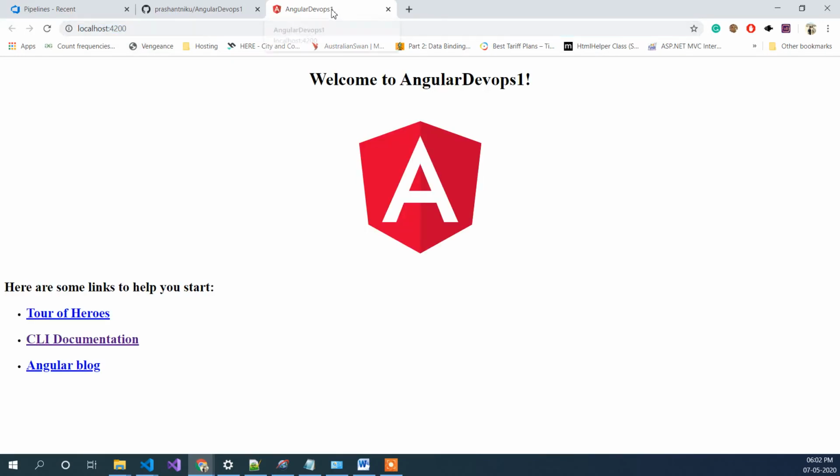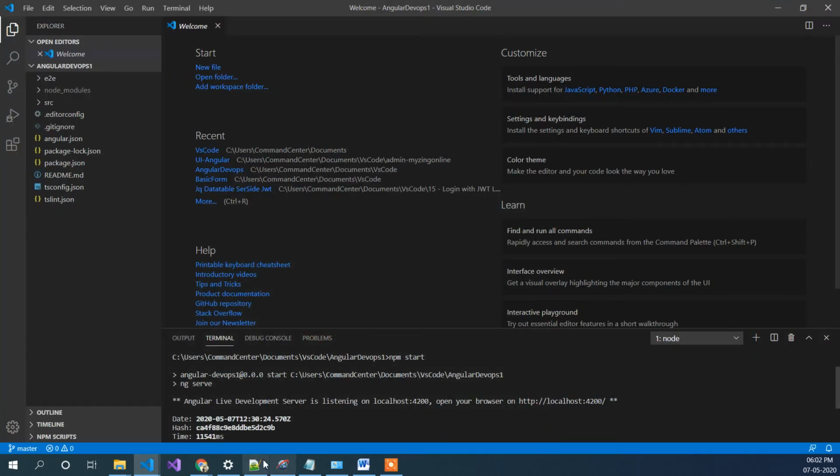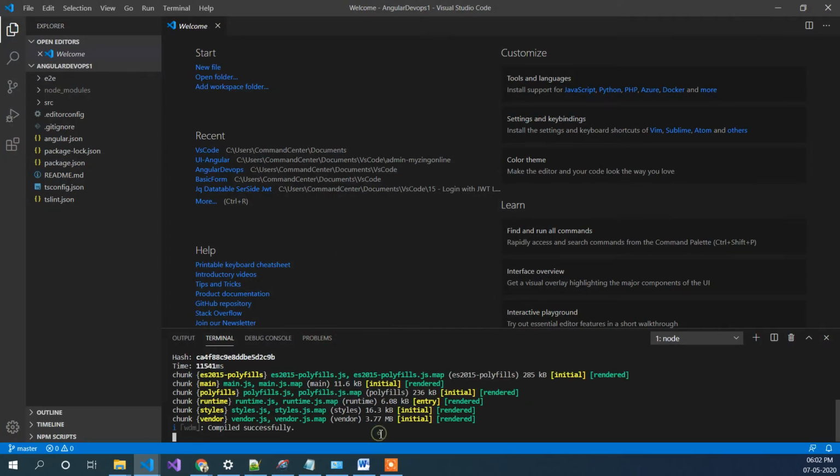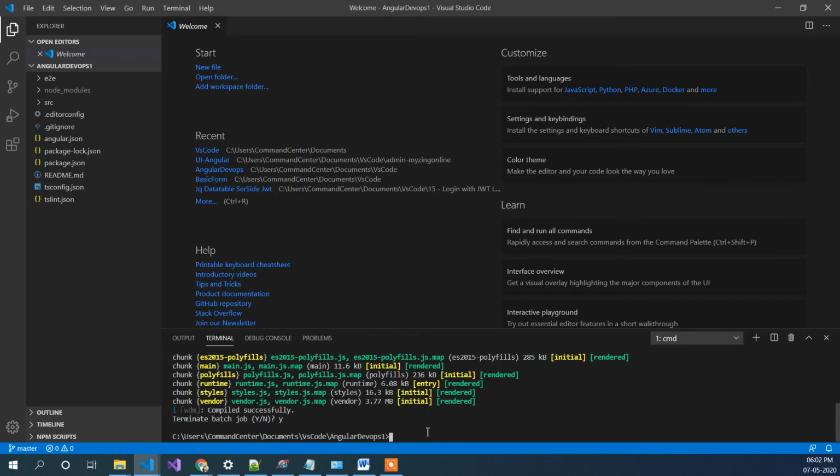As you can see, it's titled 1. So it's working now, and we don't have to do anything else. I will use Ctrl C to close this job and choose Y to accept that yes, we need to terminate this job.